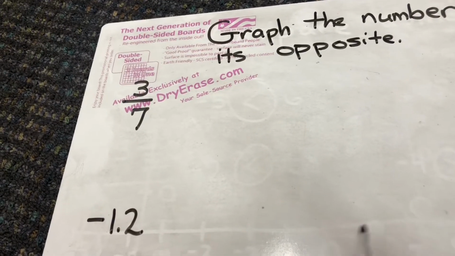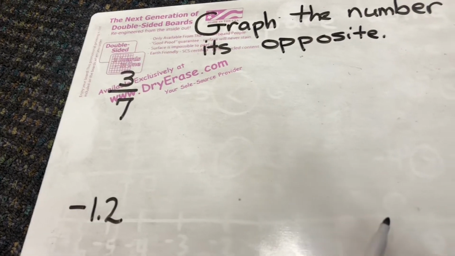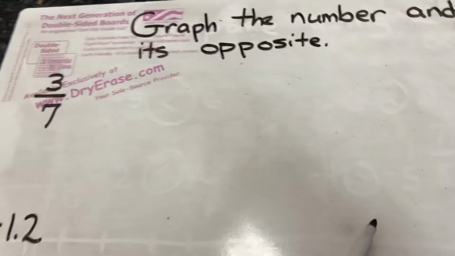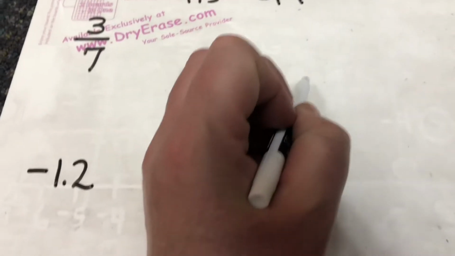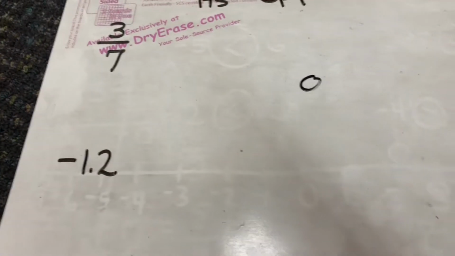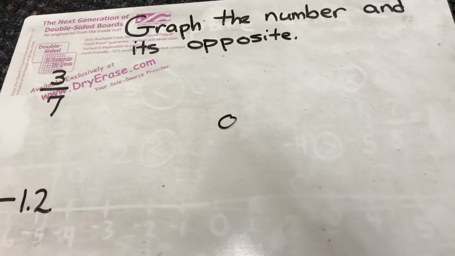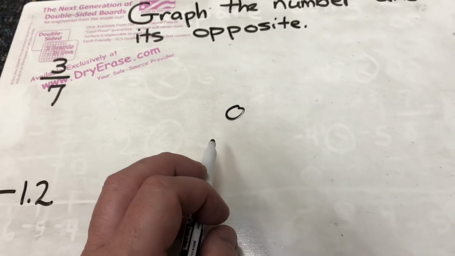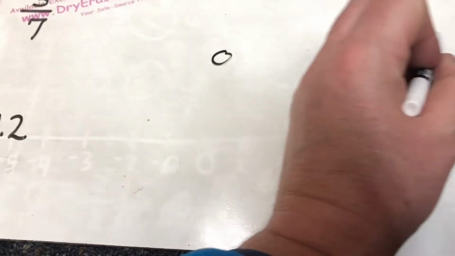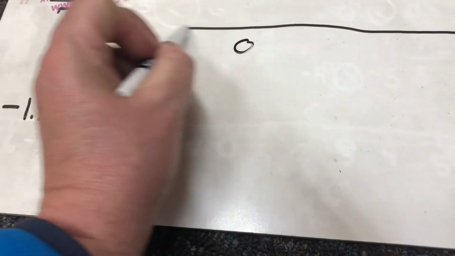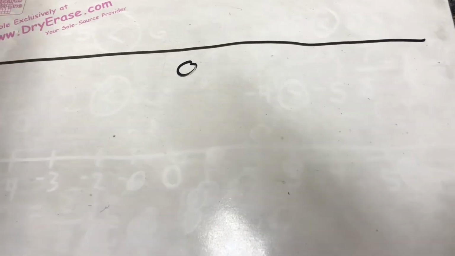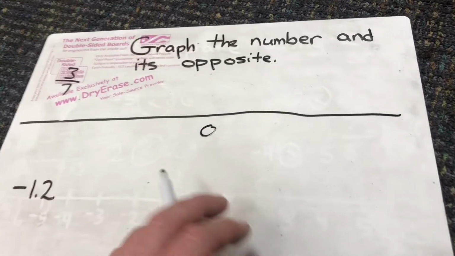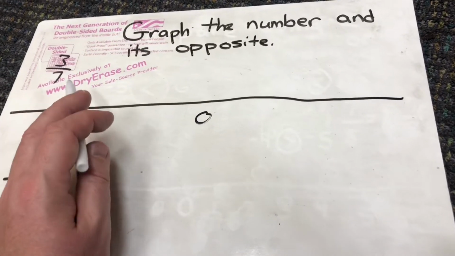Once again, remember when we think about graphing a number, we're going to think about starting at 0. So we're going to have 0, and then we're going to go ahead and make our line. We use lots of space here, so since I'm using 3/7, I'm going to rewrite that up here. And I know it's positive numbers, and since I'm using 3/7,